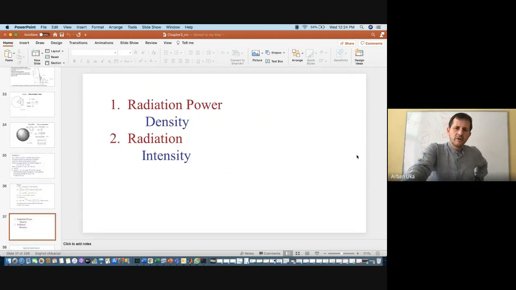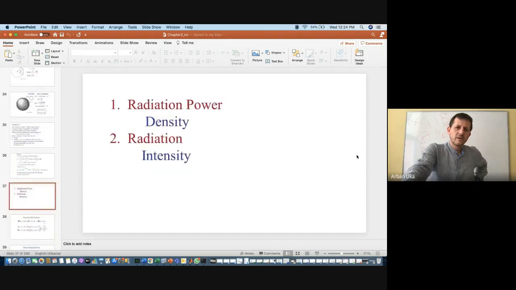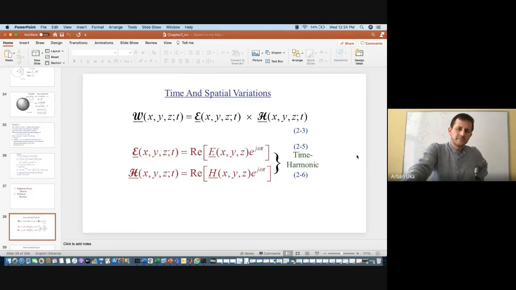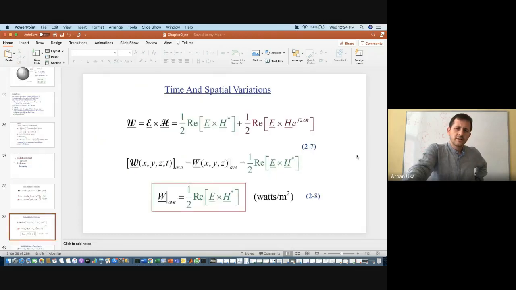Okay, radiation power and radiation intensity. Here we have W, which is equal to the cross product between the E and the H. At the same time, here